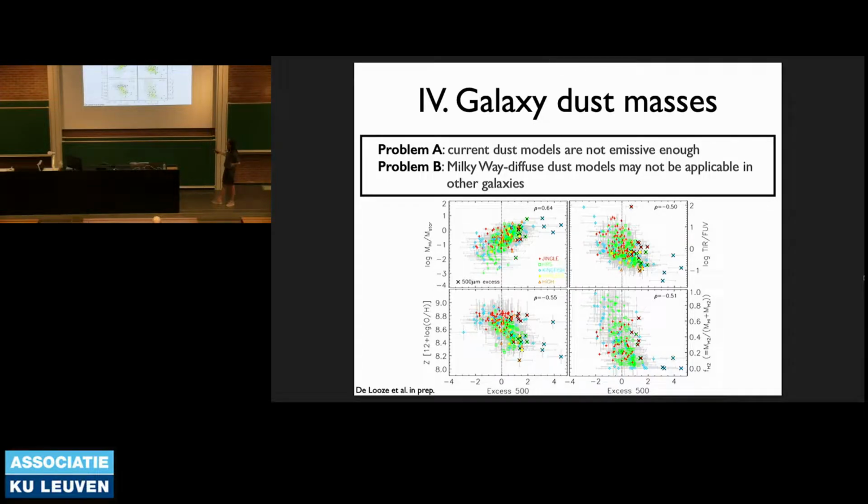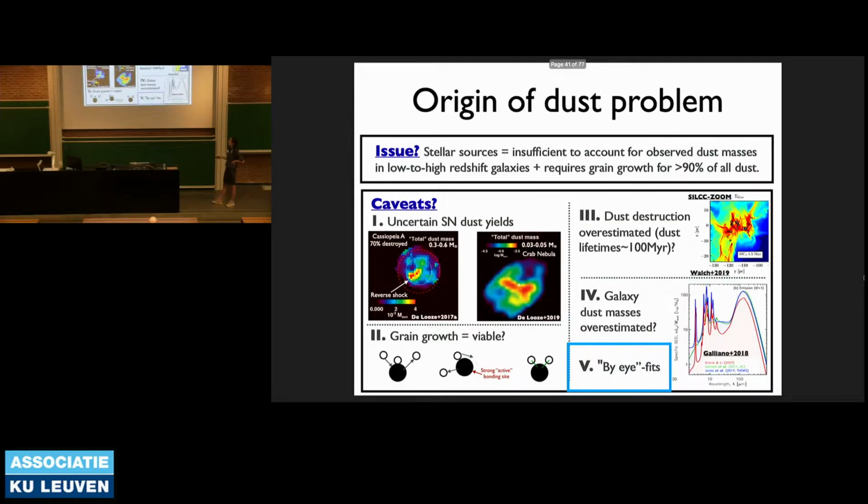So this is the same plot, but now not only with respect to this ratio of HI over stellar mass, but we also looked at other quantities, like, for instance, the metallicity. So here we see at low metallicity, so again, a galaxy that is quite young, less evolved, shows more emissive dust. And the other trends more or less demonstrate the same thing. So it shows that there's actually, in galaxies, an evolutionary trend in dust properties. And if we don't consider that, of course, we'll get, again, dust masses wrong.